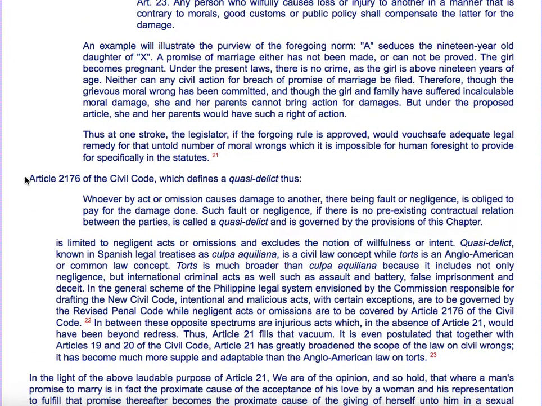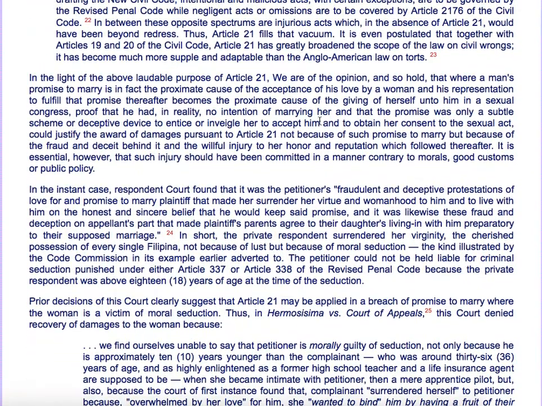So, ayan, merong quasi-delict. All right. So we scroll down further. I apologize. I might be going too fast because this is just my way of reading Supreme Court cases, because of my current profession. But read the Supreme Court case in whole. Okay. Because of Article 21, dito na, makikita mo na. 'Di ba